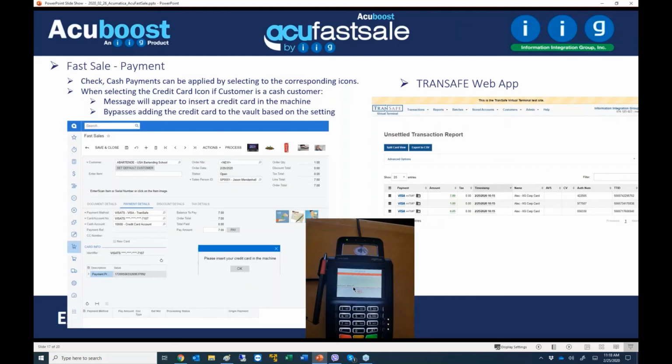And the nice thing about it is we give you the ability to decide whether you want to save the credit cards in Acumatica and the customer vault. Of course, we talk about tokenized numbers, but if it's a situation where you're just selling coffee or selling some things that people walk in and just buy, like some paper, and you don't necessarily want to add the credit cards to Acumatica or the vault, you can set up the payment method. So it still goes ahead and charges the card, but in Acumatica, it just records the transaction as paid but not processed in